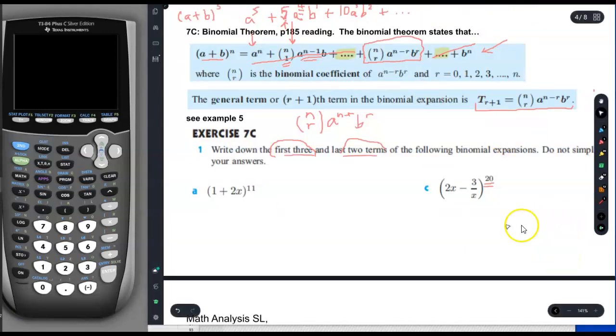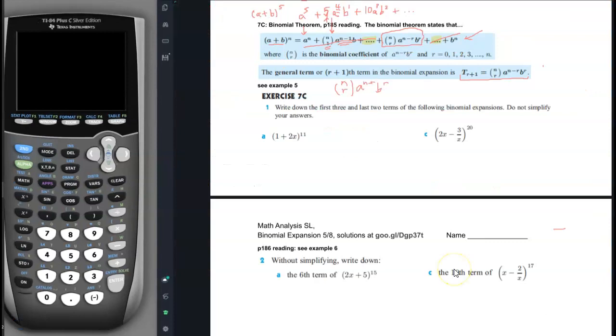Okay, so I took the formula that we need. I copied it out here. It's the general term formula. Just so that I could dive deep into these, I'm not going to do exactly what they tell me to do here. I'm not going to do the first 3 and the last 2 terms of the following. For this one, I'm going to do the third term only, okay? Because that's the whole point of the general term formula, that you only want one term. For this one, I'm going to do the second to last term, okay? In Portuguese, the penúltimo term, okay? So